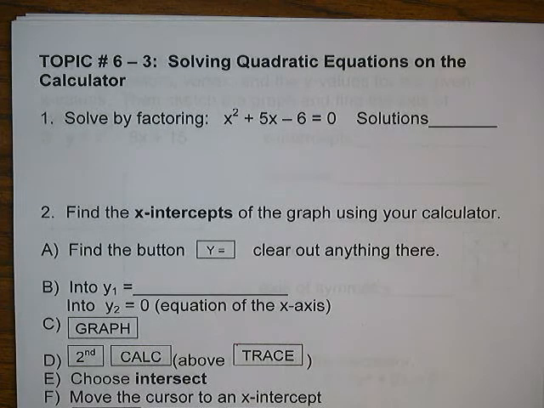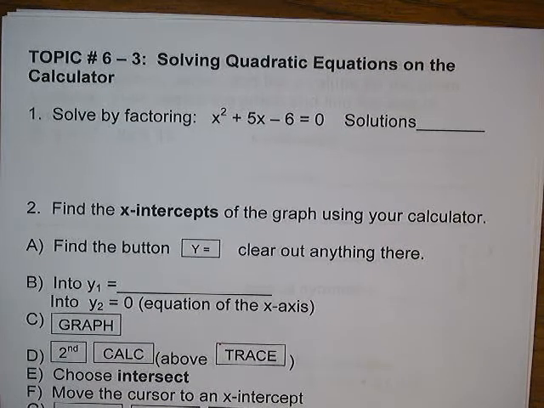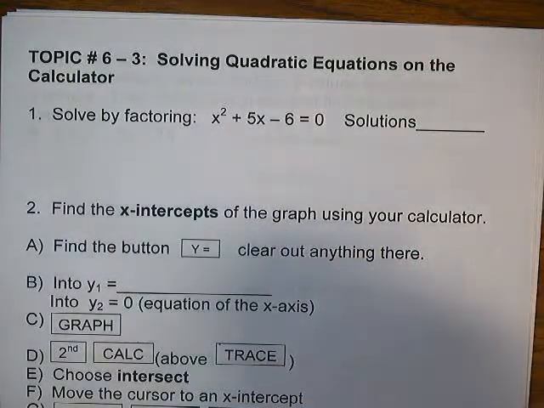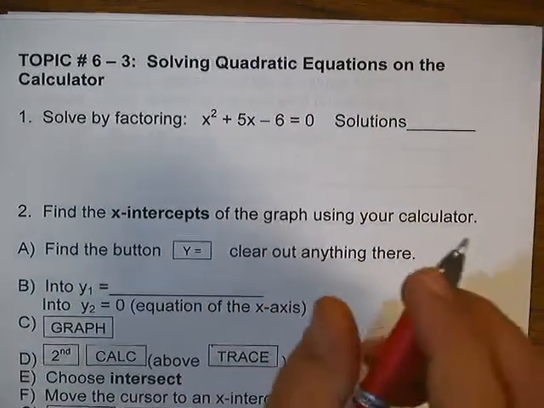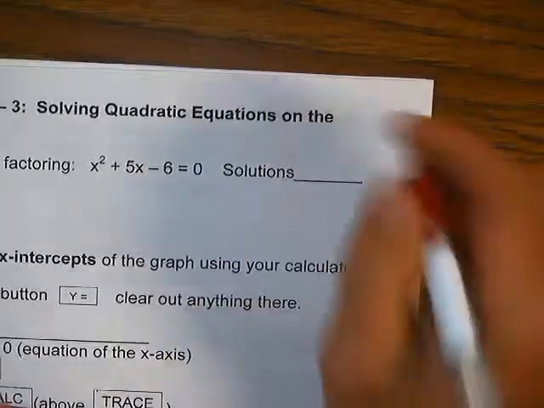Topic 6-3 is just an extension of topic 6.2. We're taking what we learned in 6.2 and taking it one step further. We're actually finding the solution. Now, there's something we need to know right now, and like before, we'll refer to this throughout the unit quite a bit. Now, the word solution,